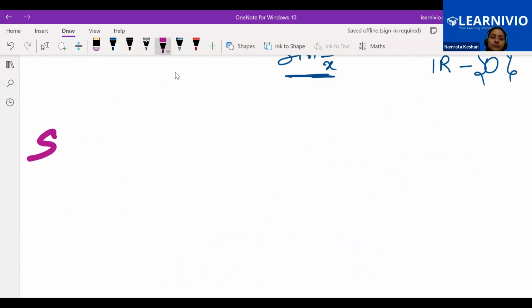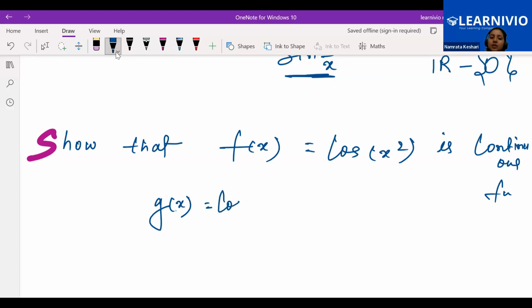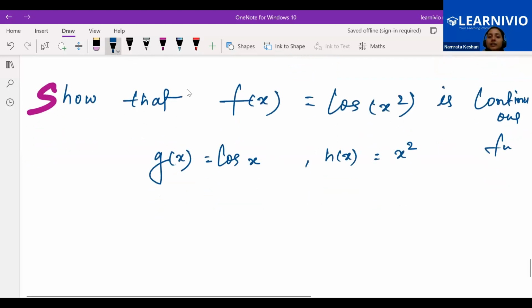Show that f of x is equal to cos x square is a continuous function. What we'll do over here is take two new functions: g(x) is, let's say, cos x, and h(x) is, let's say, x square. Okay. Now if we find the composite function, that is g of h(x), g of h,